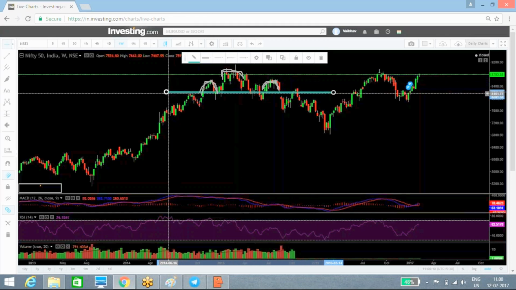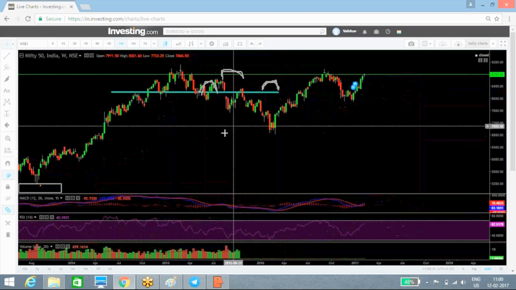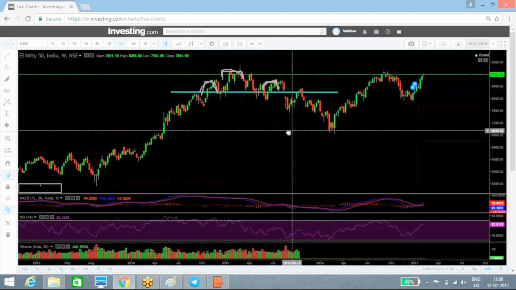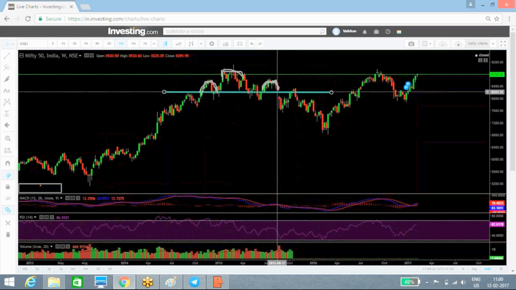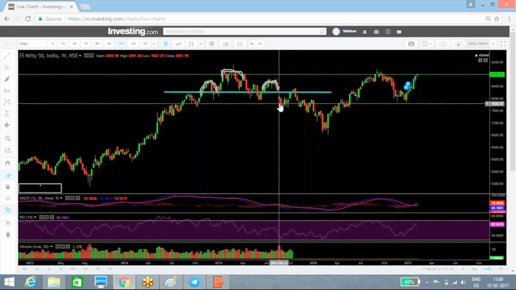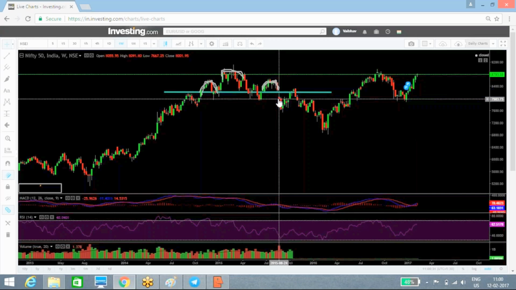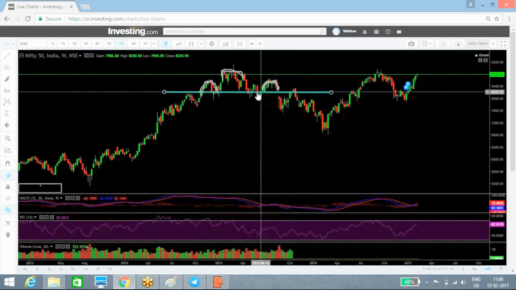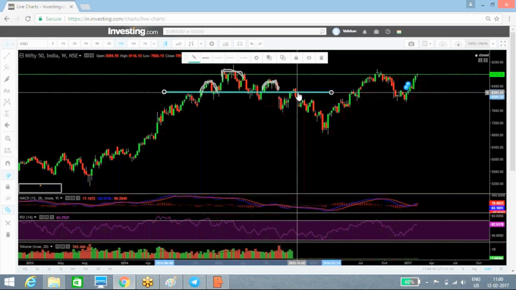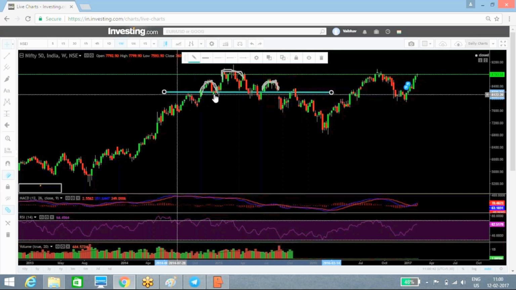Okay. And now what can we see here? What we can see here is it broke the neckline with a gap down, and closed below the neckline. Then again a big red candle, then small green candles. But now when it broke down the neckline, this neckline, which was earlier support,